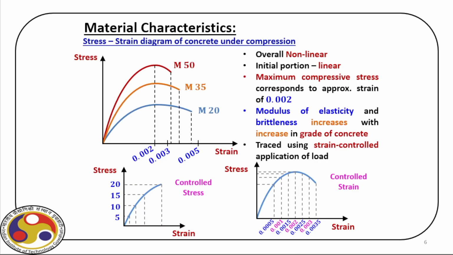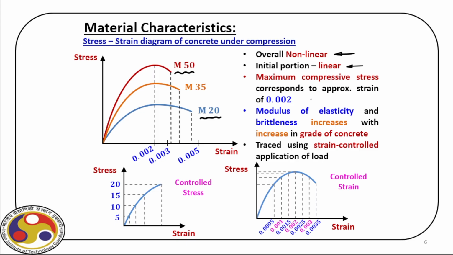Now, if we go through the stress strain behavior of concrete, this also we studied. Initially, for a very small region, it is linear, and then we have curvilinear stress strain behavior, as you can see. It starts with M20, and if you go up to M50, that's how schematically the behavior is observed between stress and strain. Now, out of all this, obviously the first thing to be noted is they are linear and non-linear, with a very small linear portion at the initial stage.